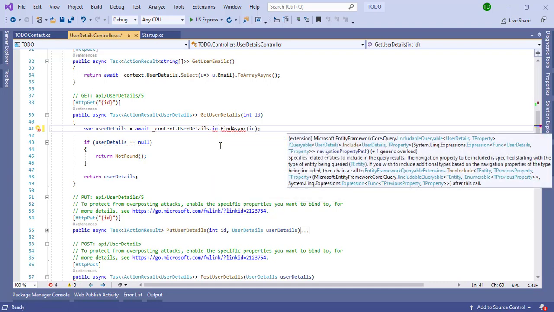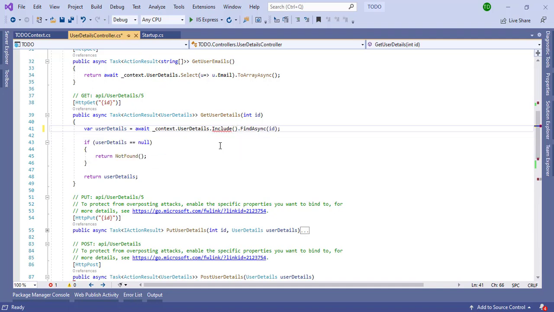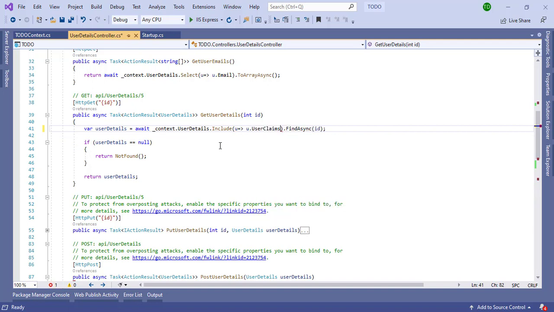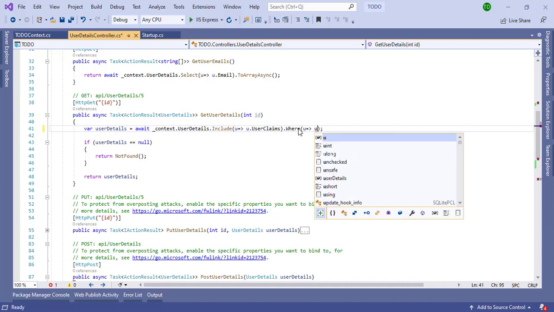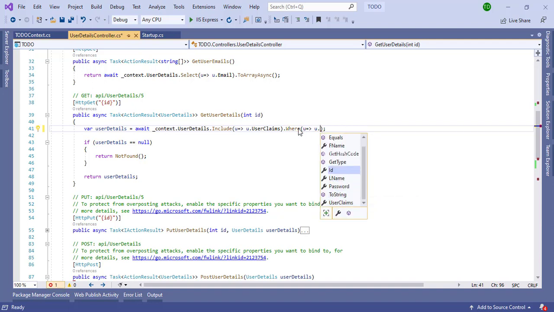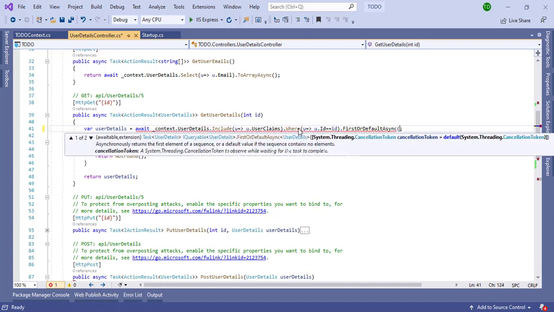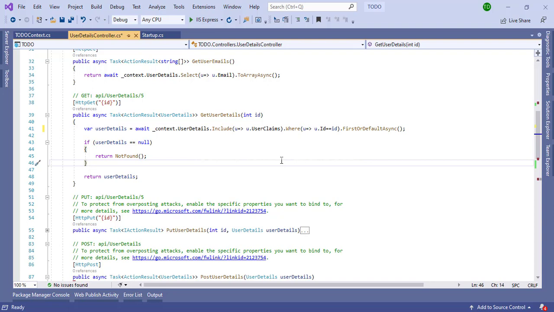So let's include, and here I'm going to use a lambda expression, and let's add u dot user claims, and here we can use where, and again I can use a lambda expression and give u dot id equals id, and here I can use FirstOrDefaultAsync. So this will also return the same result, and this will include our user claims.